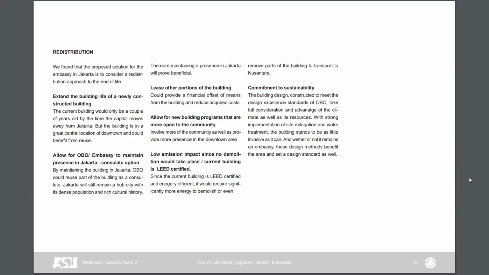Yeah, so like he said, our final choice was redistribution. Mainly, we felt that this reason was the best because the existing building is relatively new. It was finished in 2019. We felt like the other options would be kind of a waste to OBO and the building itself. This option allows for OBO to keep the building, rent or lease the space, and allows others to enjoy it. Or they can reconfigure the space in the building itself to allow for a more community-focused approach in its local surroundings. Either way, this option gives OBO more flexibility and allows for the building and its systems to be used and enjoyed.